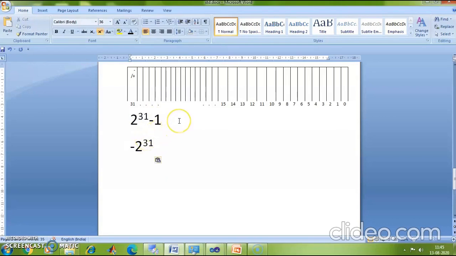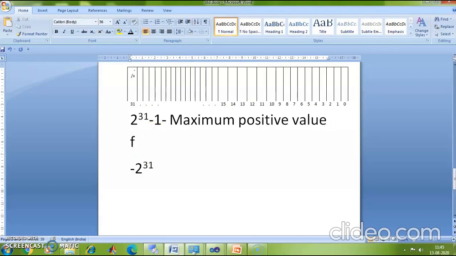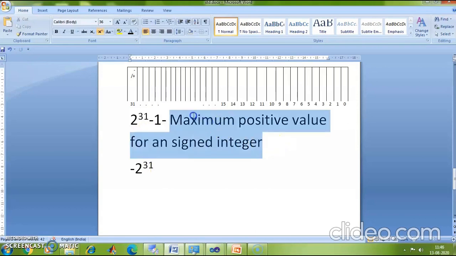So this is my maximum positive value for a signed integer. Minus 2 raised to 31 would be my minimum negative value for a signed integer.